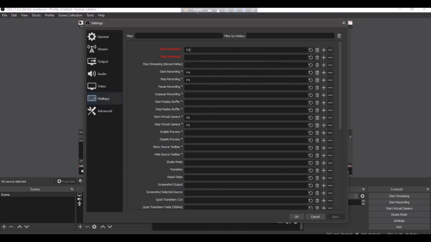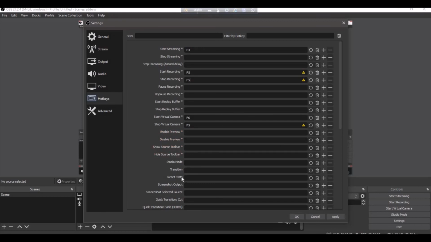In start streaming, you can choose any hotkey, like backspace or F3. But let's go for start recording. In start recording, let's give F5. Stop recording, F5. Then start virtual camera, we have show source, we have studio mode,